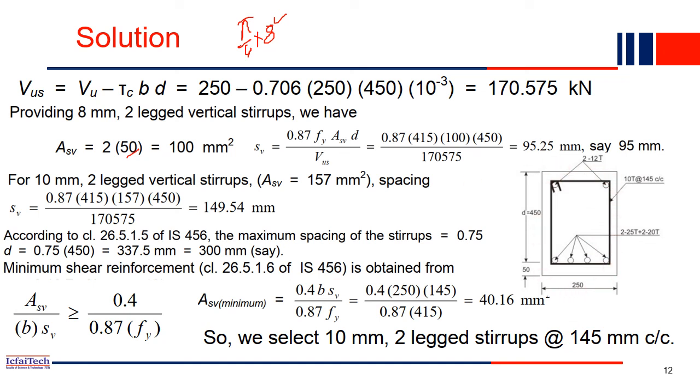If you see the longitudinal section of the same beam, it will be something like this. You have the longitudinal bars in the top and bottom both, and these are the stirrups, and the spacing between these two stirrups is 145 mm. So that is our design, now completed. This diagram we have to give to the site engineer. Now he can execute exactly the same.